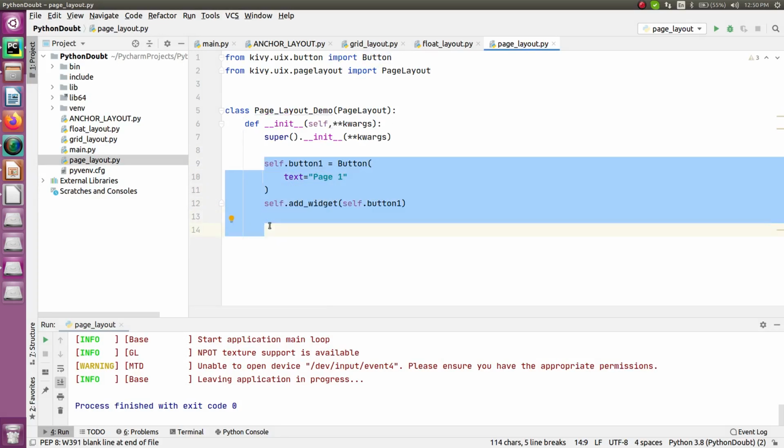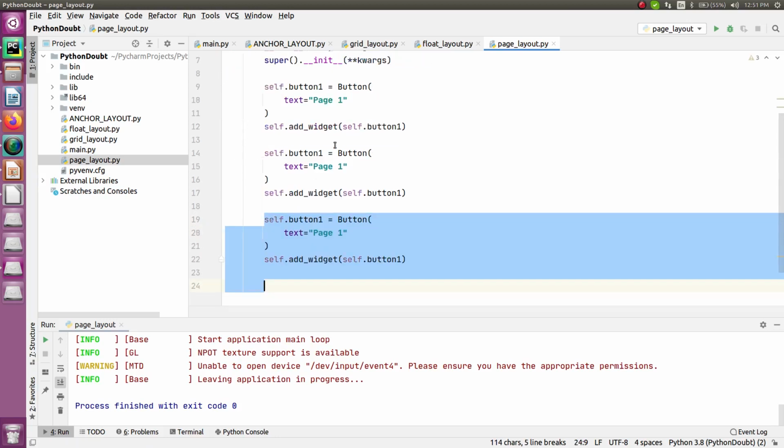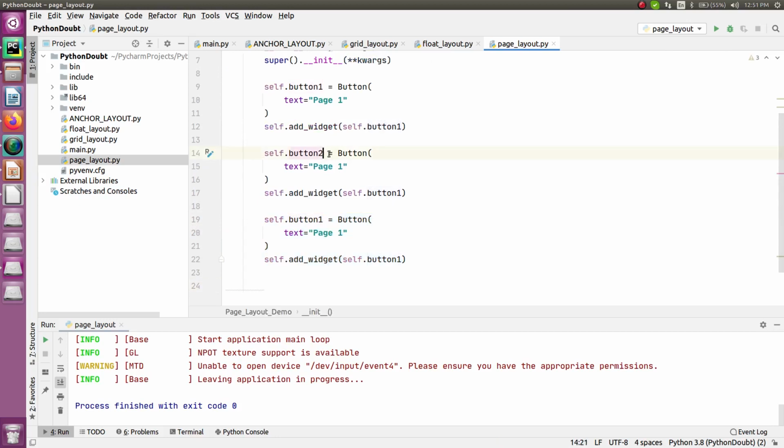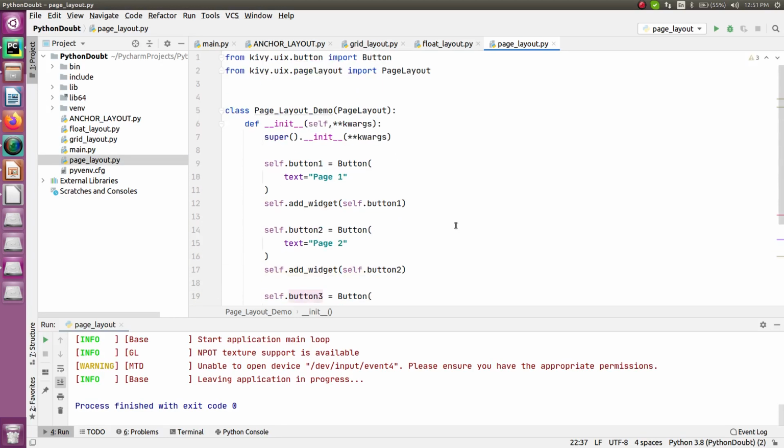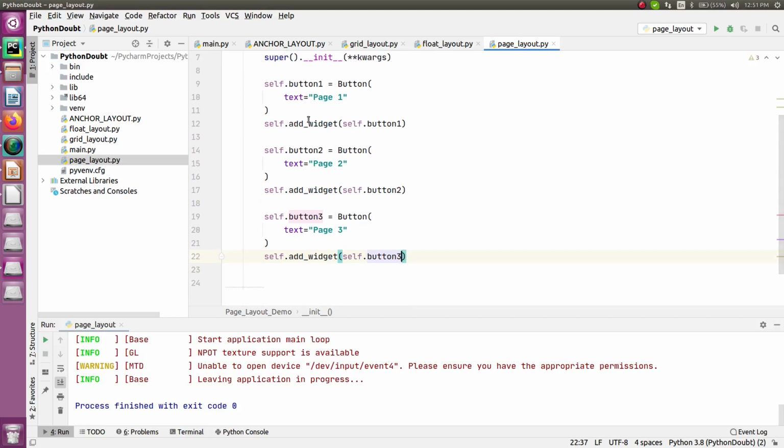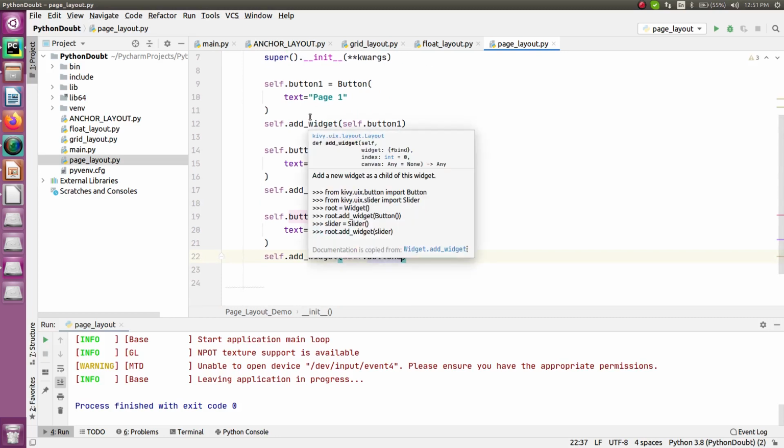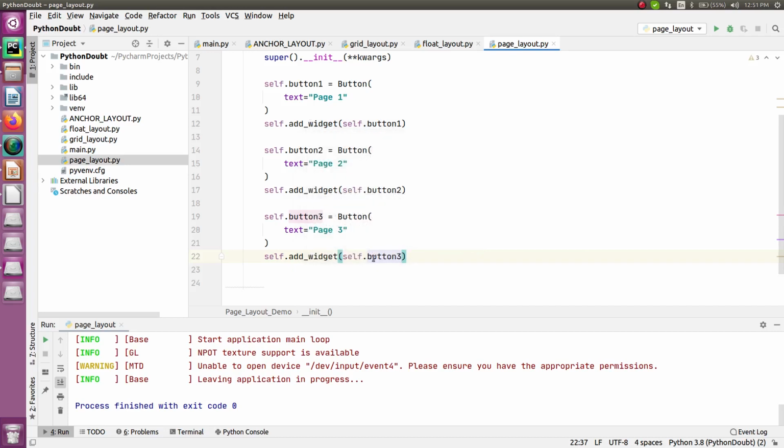Similarly, add 2 more buttons so that I can show them on 2-3 different pages. So let me just duplicate this one, right? So this is button 2. Change the name for this, and change the name for this: 2 over here, 3, 3, and 3. Alright, so this is what I have done. So with this, what will happen is it will create 3 different pages with 3 different buttons. Each button will be considered as a separate page. So I will be shifting to any page just by sliding from one button to another button. So this is how I will be doing it, right?